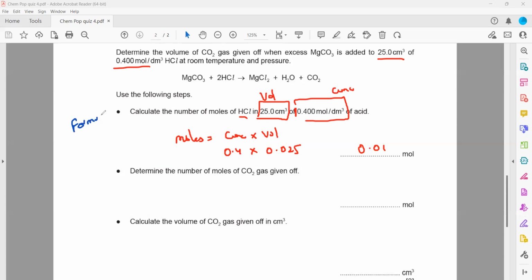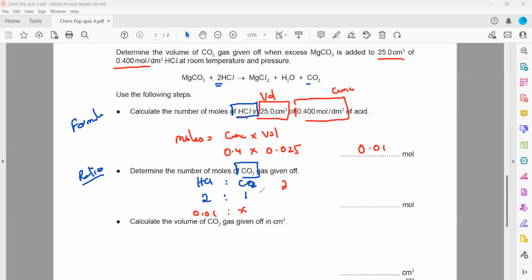The next, and remember one thing about how we solve moles questions: the first part is always by formula. Then for the second one, we use a ratio. But what ratio will we use? We take a ratio between what we calculated in the previous part and what we need now. So we take a ratio between hydrochloric acid and carbon dioxide. There are 2 moles of hydrochloric acid and 1 mole of carbon dioxide. So the ratio is 2:1. So if we have 0.01 moles of hydrochloric acid,